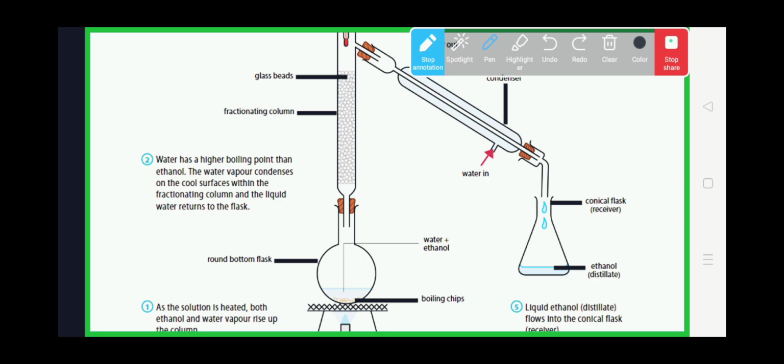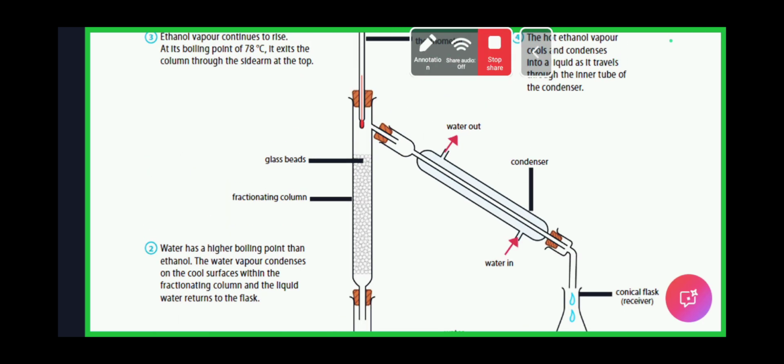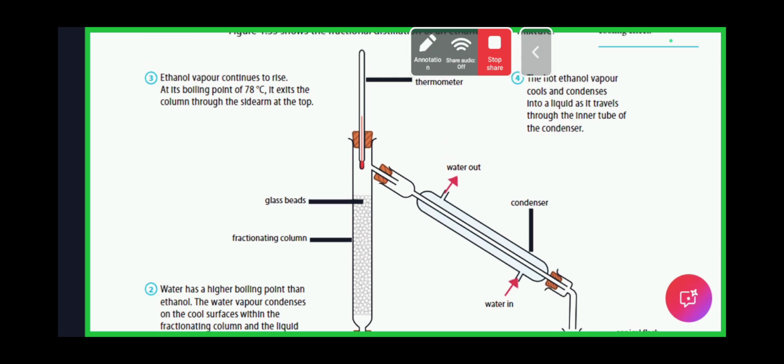At 78 degrees centigrade, we'll have ethanol, and all the vapors of ethanol must have reached the condenser, and at that time the thermometer will show a constant reading of 78 degrees centigrade. The thermometer will not show a rise in temperature at 78 degrees centigrade. It will stop until all the vapors of ethanol from the liquid mixture enter the condenser. The thermometer will not show any change, and this is also explained in the graphical questions.